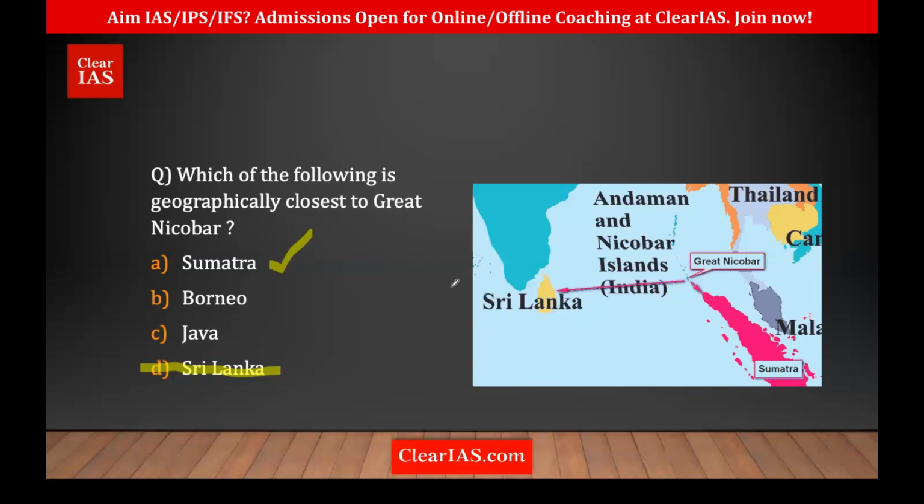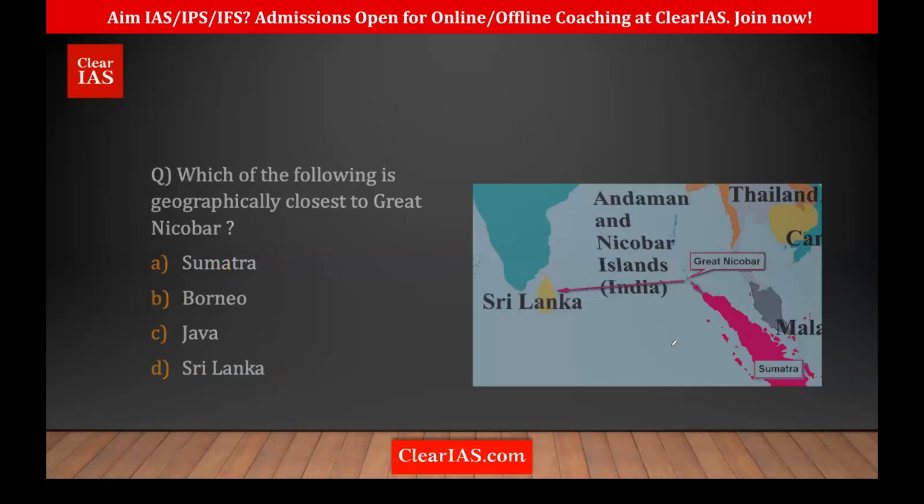So this is the advantage of learning the maps. That is why I tell you, look into your atlas, see where the location is. Look into the figures, look into the map, and see where it is located and how far it is. If you can picturize it, you can understand it is far away. Otherwise, whenever we speak about Sri Lanka and India, we say Sri Lanka is very close to India, and Andaman and Nicobar is just next to it. There's a high chance we go wrong with this question. Okay, clear? Let's move on.